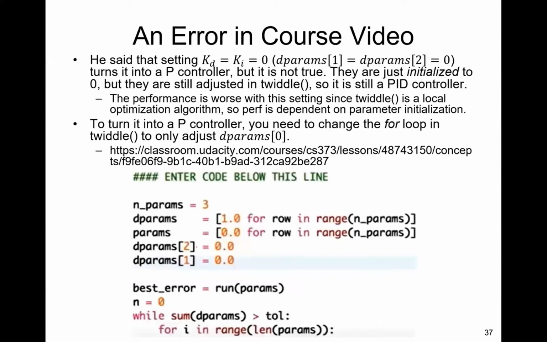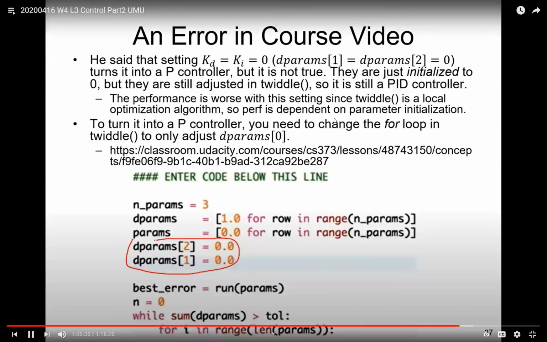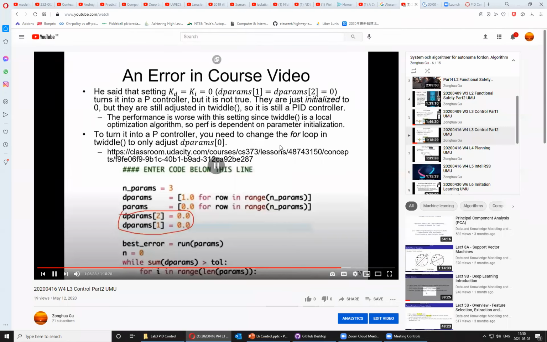So in the course video, there is an error. So if you watch the video at this link, he said that if you set these two parameters, say KD, KI equals